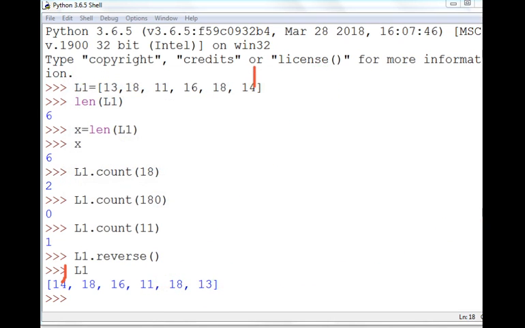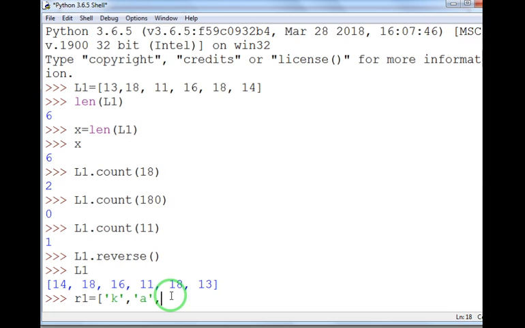Let's try this with one more example. Let's create one more list. I've created a list R1 and I've written K, A. You can take any value. Let's randomly enter any value.